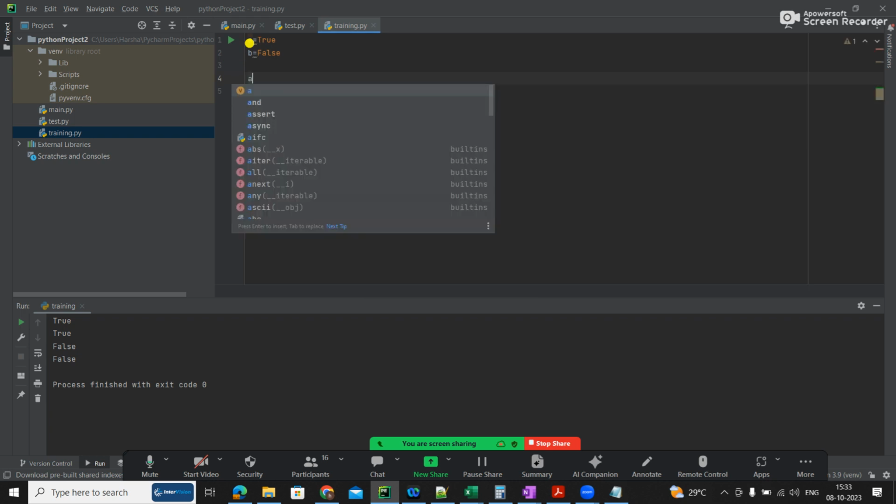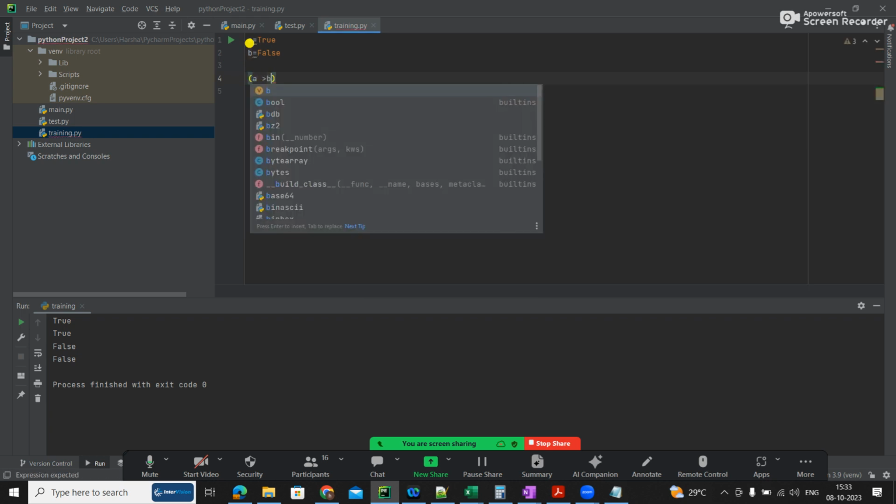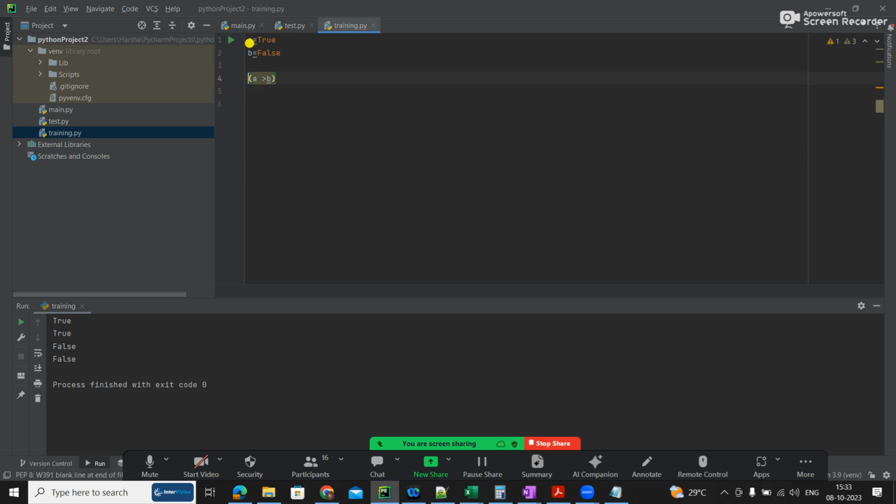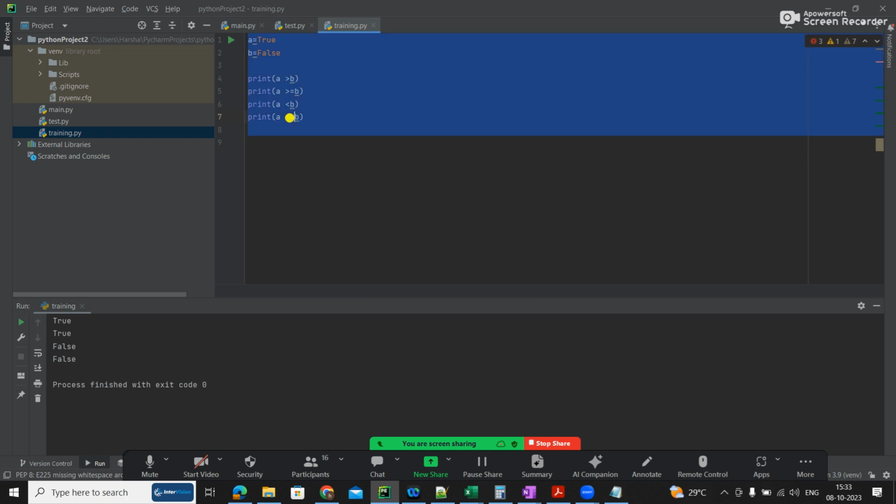Now print a greater than b, after that a greater or equal to b, then a lesser than b, a lesser or equal to b. So it showed some output. That's why certification questions would be exactly like this. It is telling true, true, false, false.